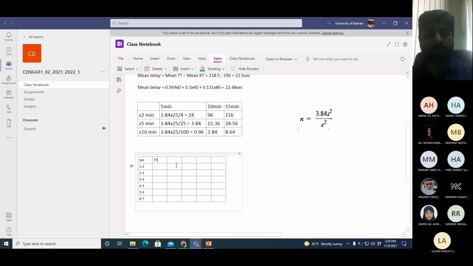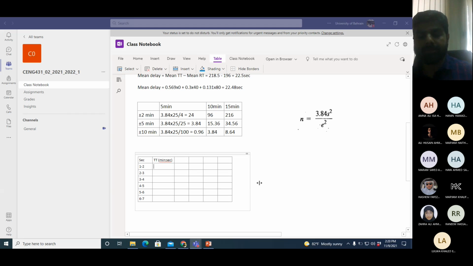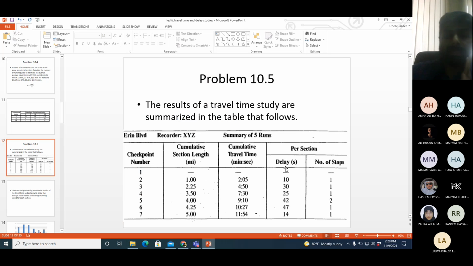I need to calculate the travel time in minutes and seconds. So 1 to 2, no problem, because the first value is from 1 to 2. So 2 minutes 5 seconds as it is. Second value, I need it from 2 to 3. This value is given from 1 to 3. 4:50 is from point 1 to point 3.